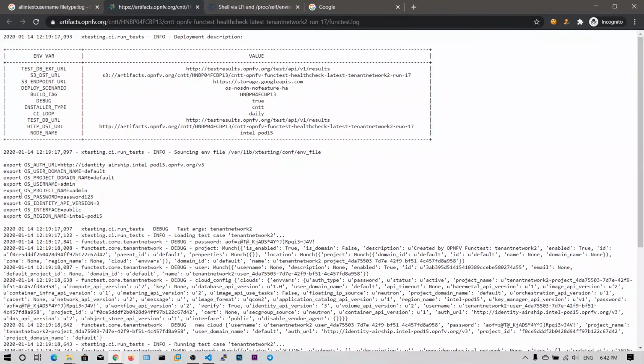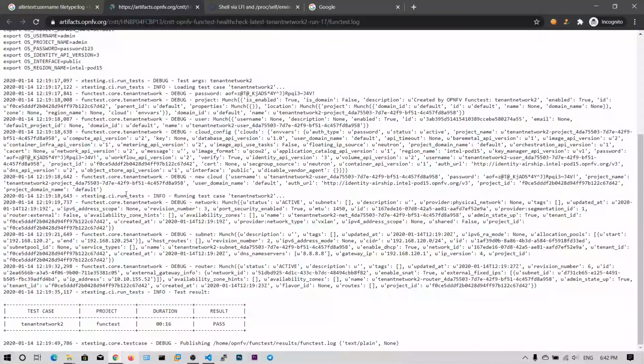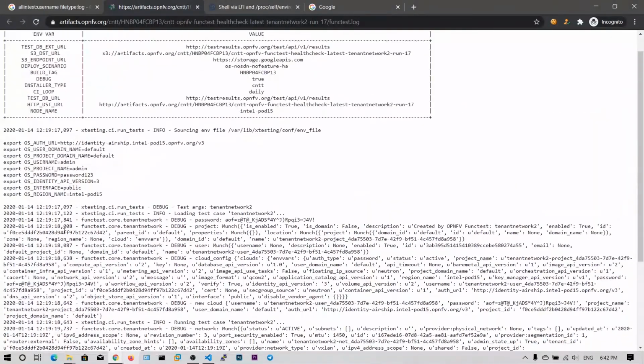As you can see, there are some Linux commands going on, and that is stored in this functest.log, and test case. Okay, this one. So there are some important Linux commands going on, exporting the shell variables. You can see project name equals admin, and the password equals password123.